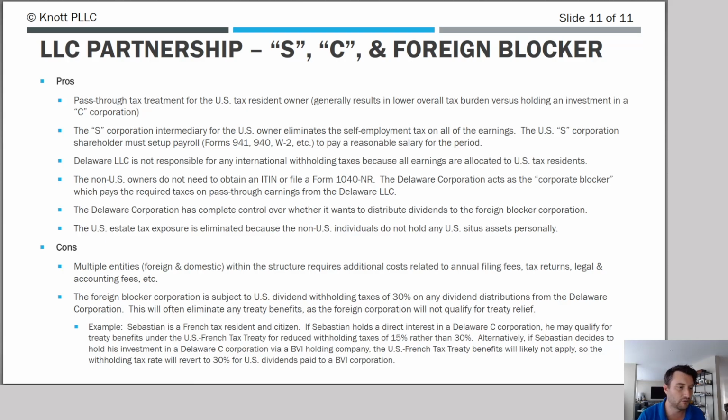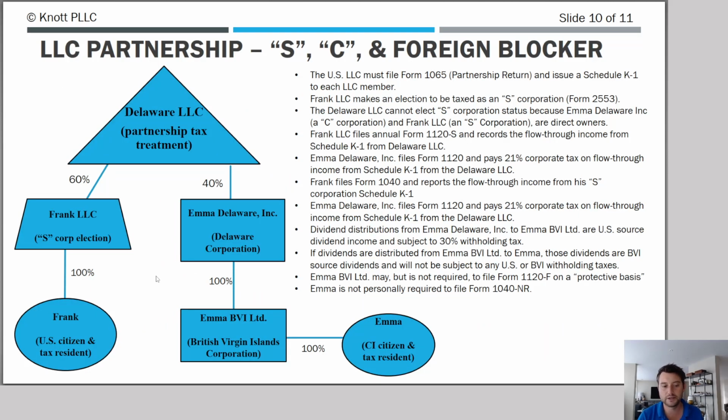Okay, so that's the last slide, slide 11, that covers all the structure options here. Generally speaking, this is the structure that I try to recommend that my clients go with. It's a lot of entities, so obviously the admin is more, there's more filings, but overall, it generally is beneficial to both the U.S. and the non-U.S. persons. It protects the U.S. persons, it protects their pass-through tax treatment, does what we can to limit their self-employment tax exposure, and then on